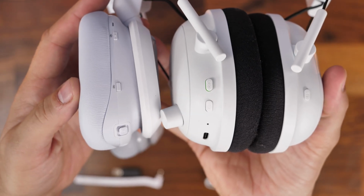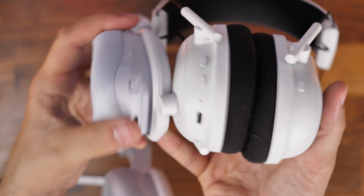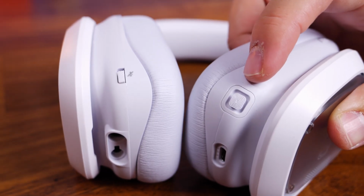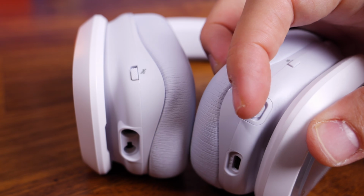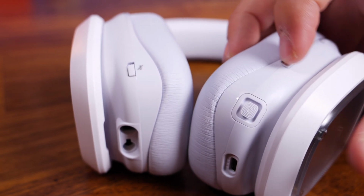So one of the things here is it's controlled by a little joystick. There's a little joystick on there, which is a real faff to use, I'll be honest. I didn't like this, but that controls volume and other things. So you can do media playback and other intelligent sort of actions from there. You also have a mic mute switch, a button to turn the Bluetooth on and off, and a power button,